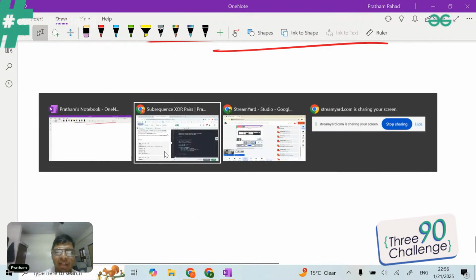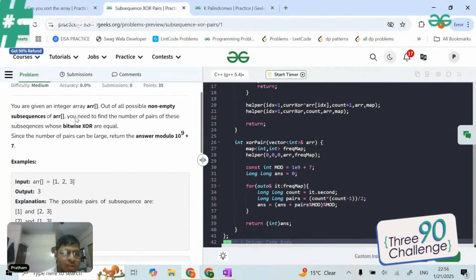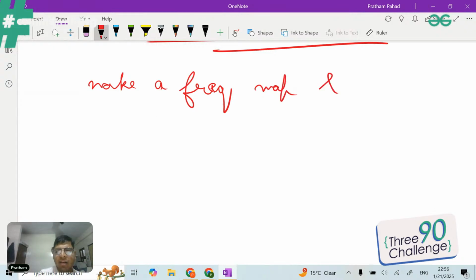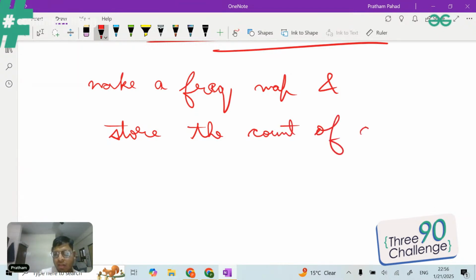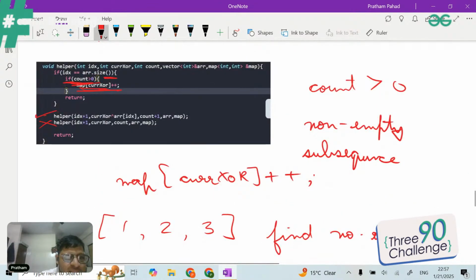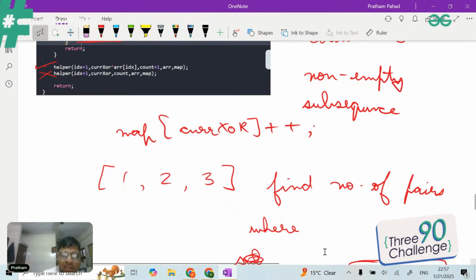Another main thing the question is saying is that you have to find the number of pairs. So to find the number of pairs, what we have done is make a frequency map and store the count of the current XOR. You will be able to make the count of the current XOR only if your count is greater than 0. If your count is greater than 0, it means it is a non-empty subsequence, which means you have found one non-empty subsequence. Okay,